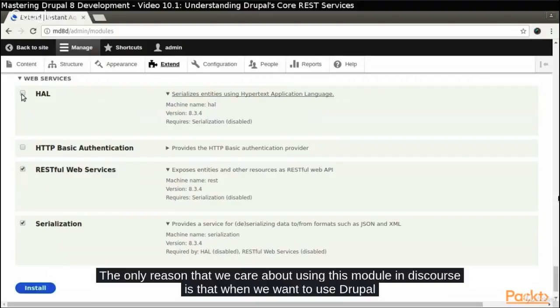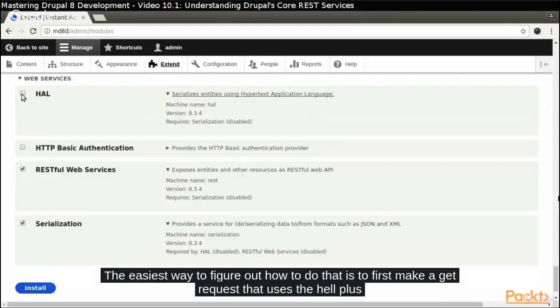The only reason that we care about using this module in this course is that when we want to use Drupal's native ability to accept post and patch requests, we must encode our data using the HAL plus JSON format. The easiest way to figure out how to do that is to first make a GET request that uses the